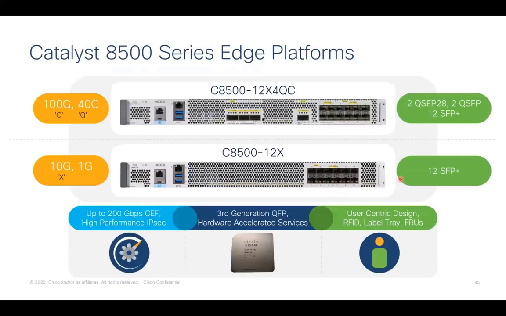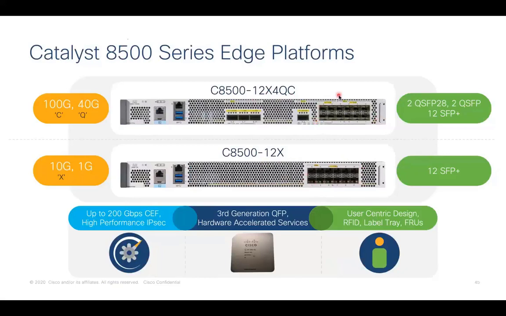When you think about the PIDs, we have 8512X for QC and 8512X. Here the X stands for SFP plus interface capability. The platform here is a high density platform. The lower end platform we have in 8500 series, 8512X, offers 12 10 gig ports, which can also work in 1 gig speed when you insert a 1 gig transceiver. In the QC point of view, this also offers 12 SFP plus interfaces.